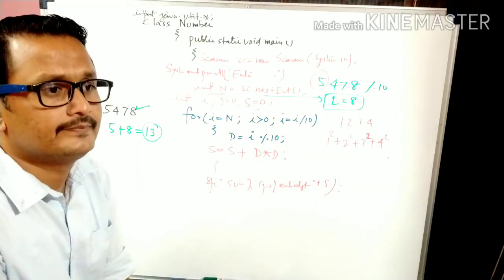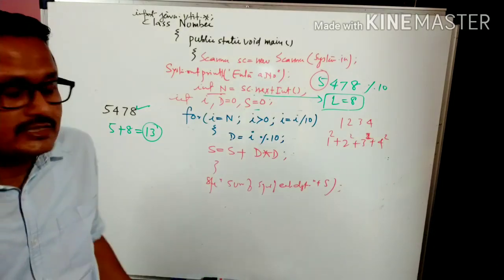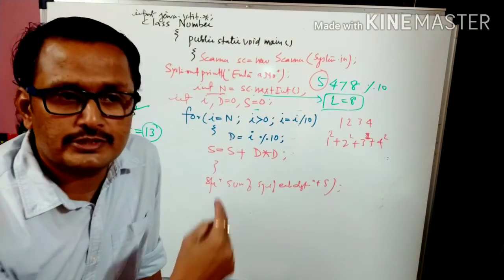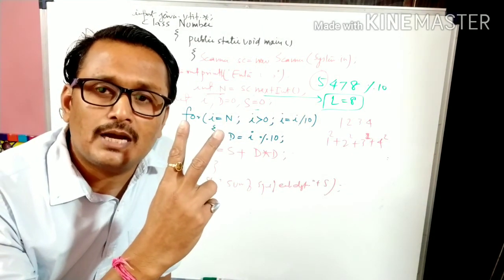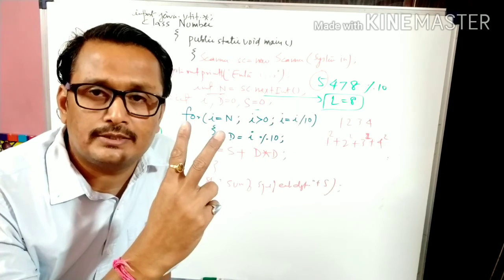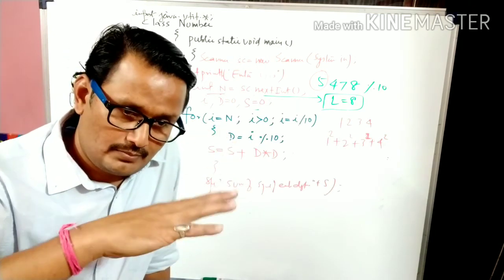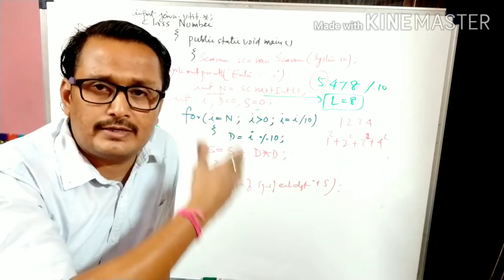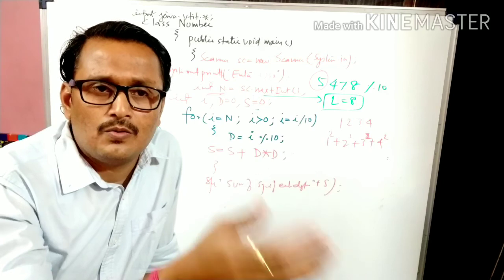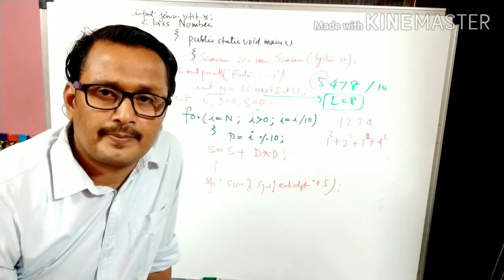In the next clip, we'll explain few questions related to number system, number 1. Number 2, we will start while and do while together, so that you children can convert the program, whatever we wrote in for loop, to while loop or do while loop, or do while to for loop.